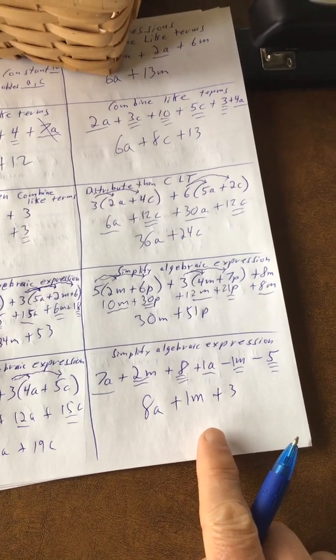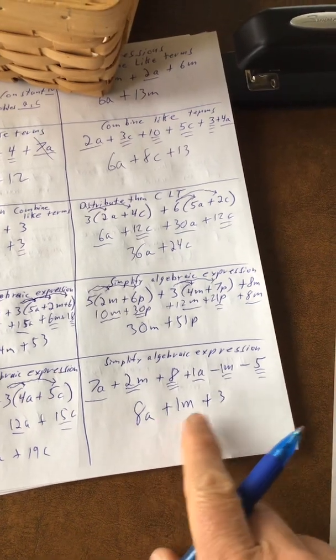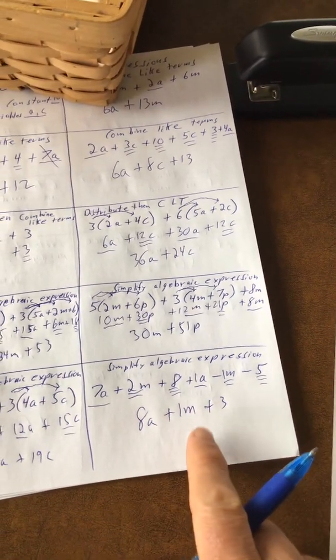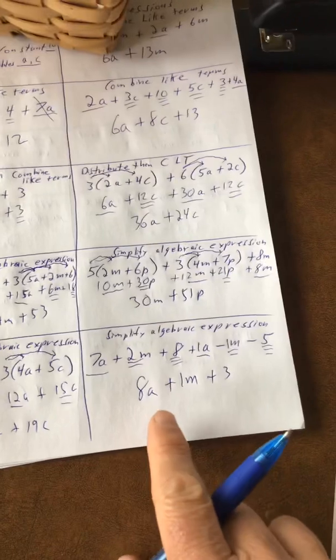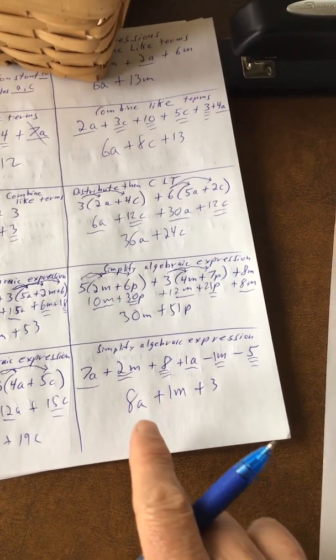My constant is 3. How many terms are there? 3. This whole thing's called an algebraic expression. My coefficients are 8 and 1. My variables are a